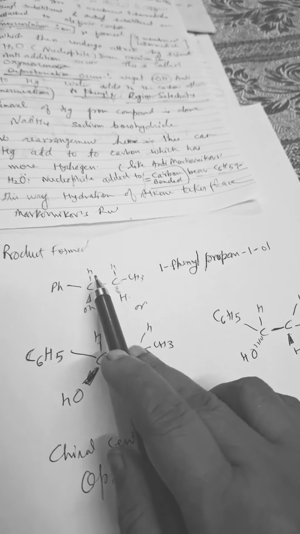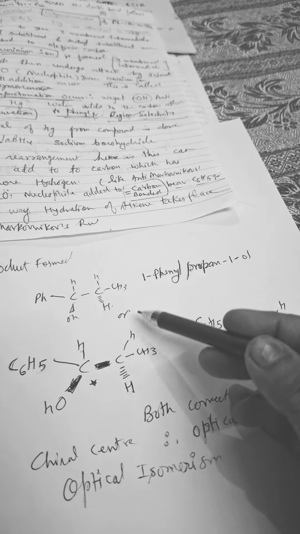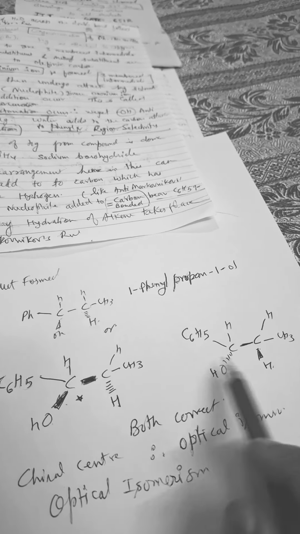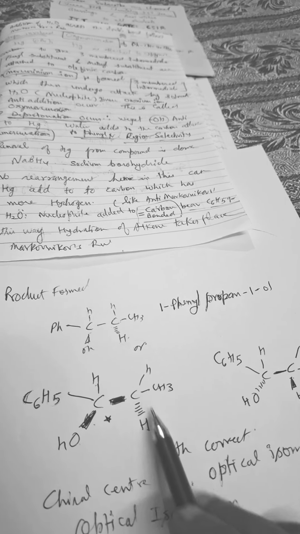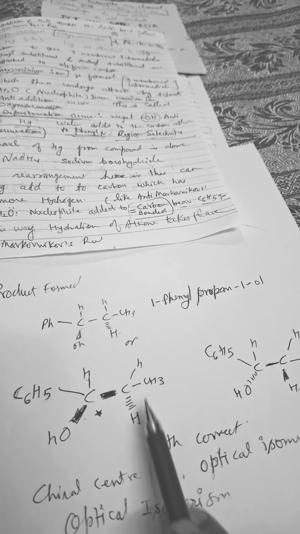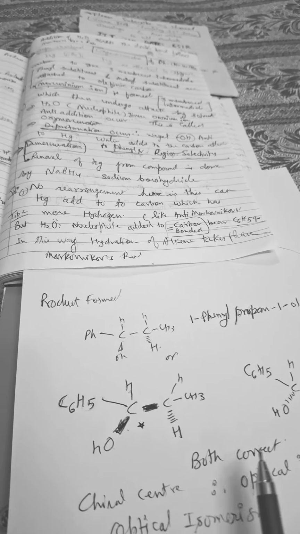Now the product is here. I have written that this is a chiral carbon. So the product: the mercury can attack from either side, that is why both of these are correct. Earlier the HgOAc was attached, which is replaced by hydrogen from the NaBH4. So we will get this product. So optical isomerism occurs in this case.